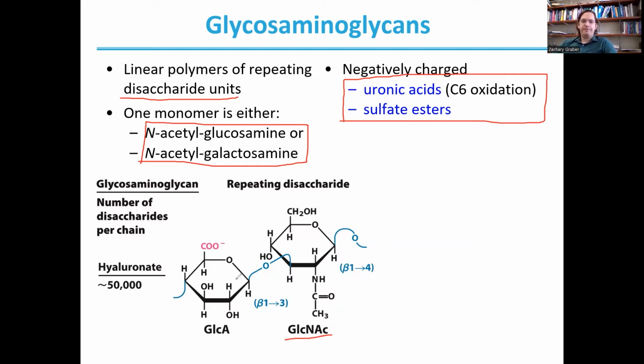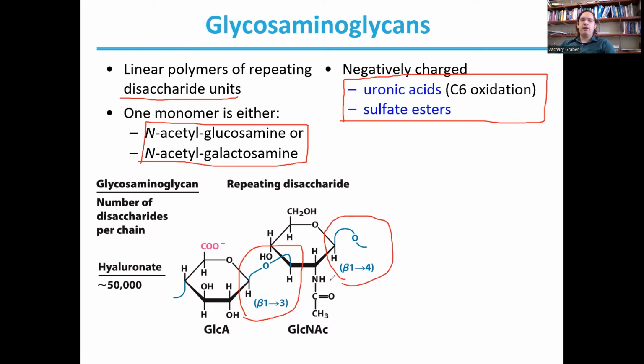other substrates. So notice with our hyaluronic acid here, we have our glucose oxidized in order to produce our negatively charged carboxylate group here. Now, the other thing you'll notice here about our glycosaminoglycan is that we actually do have two different glycosidic bonds here. So we have a beta 1 to 3 and a beta 1 to 4 bond linking our sugars together.